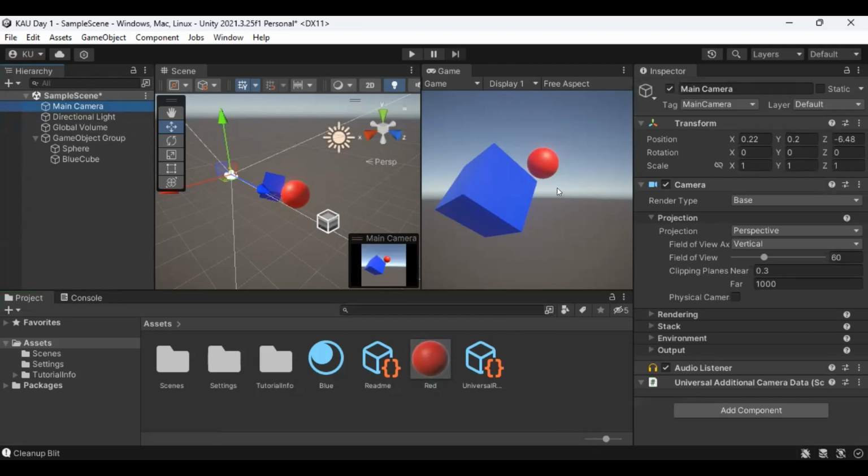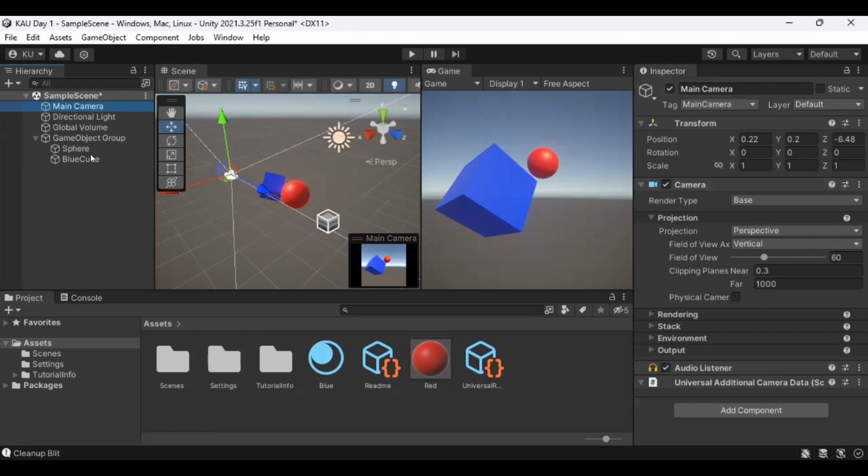And one of the camera properties is, for example, the background you see in the scene. We have this gray bottom and this sky at the top. That's basic sky box, and maybe we don't like it. Maybe we want our scene to be like on a black background,